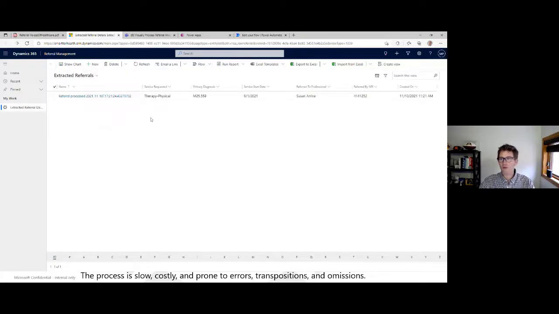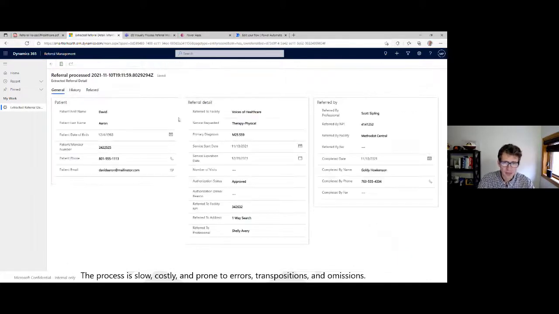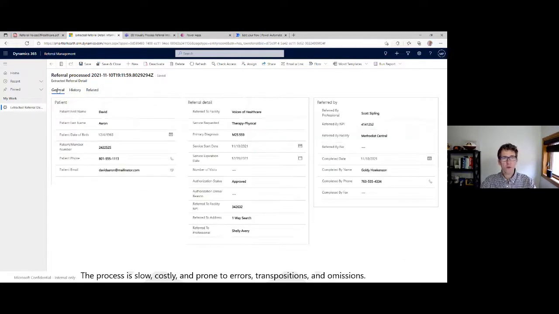I'm just going to give this a little refresh. And we can see, I'm on Central Time here, so at 1:12 p.m. I had a referral that was processed through. And as I pop that open, I can see all of the details that had been part of that original form that I had flashed up before that have been extracted out and put into a digital format. Additionally, we do include the original source file and image,